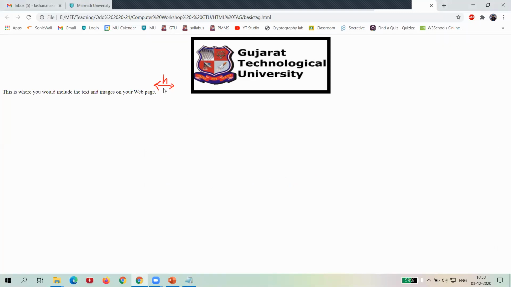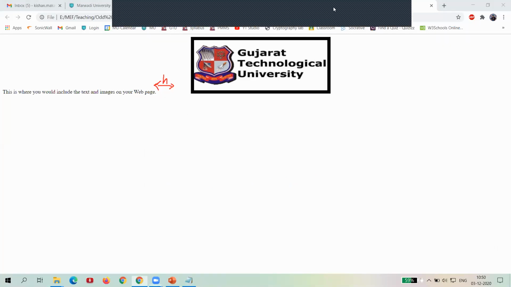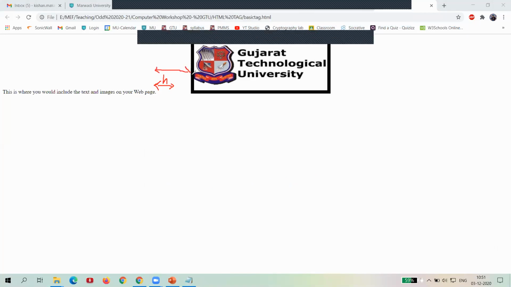So here you can see the total space is 100, and that is the concept of hspace. Right now it is 100 pixels, previously it was 50 pixels. Now any query on hspace?